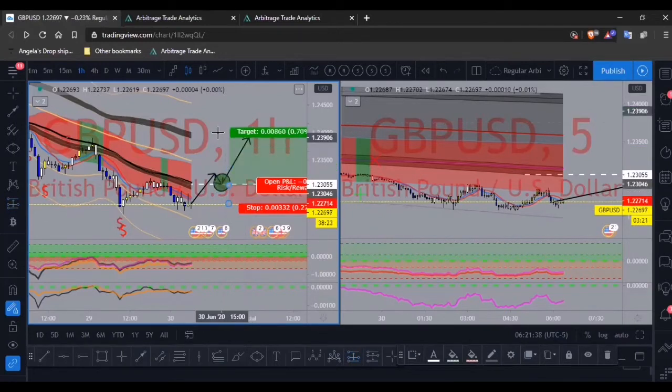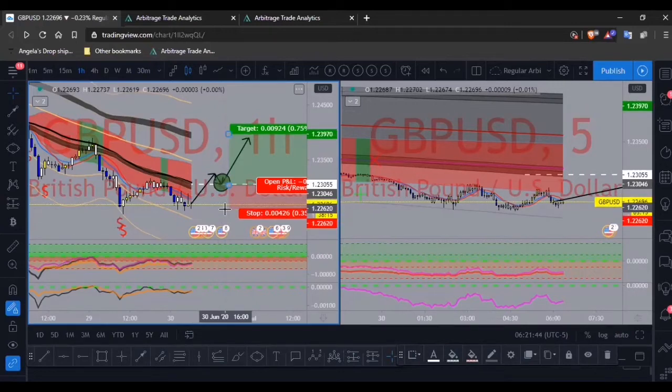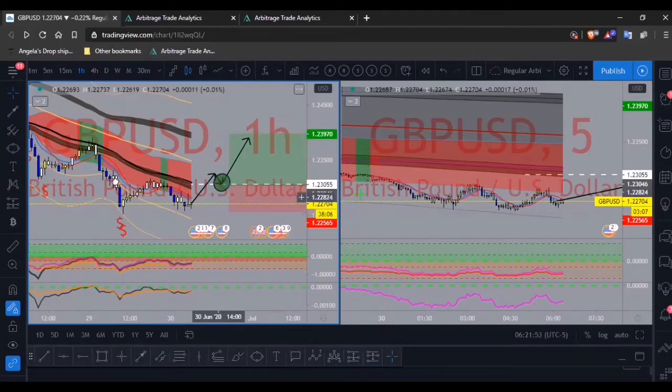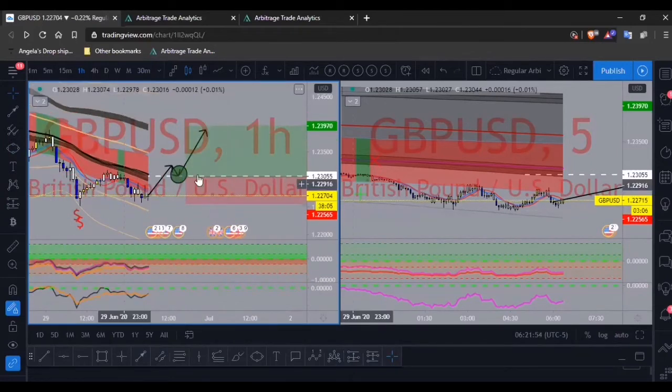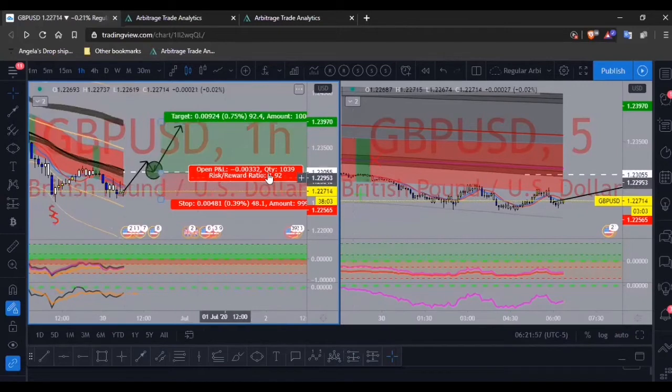take it up to the upper danger zone like how I usually do, and my stop loss would be just slightly below these lows. You would want to watch out for this wick right here because price could just go down and wick you out if you do get into this trade. The risk to reward is almost 1 to 2. You're risking 48 pips to get 92 pips. That's pretty decent in my books.